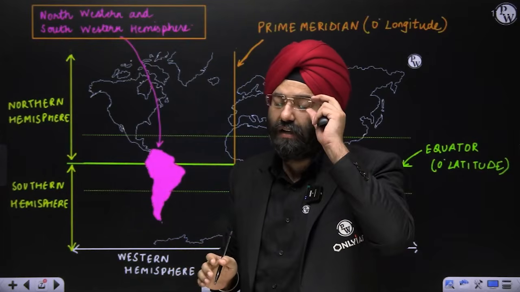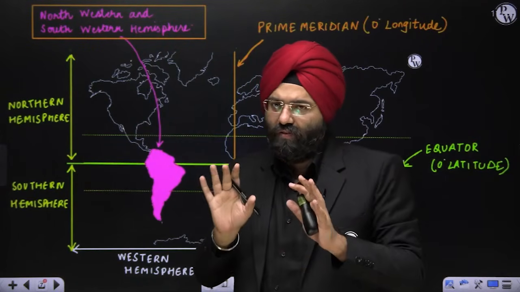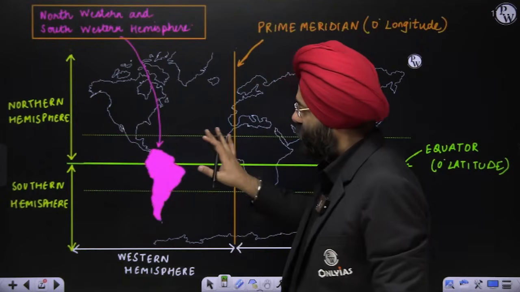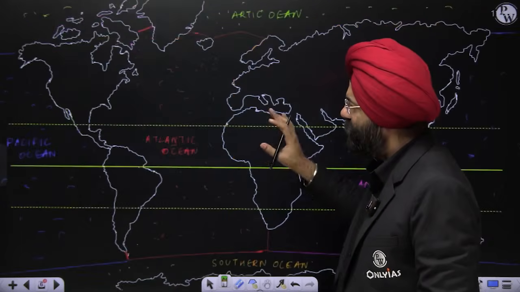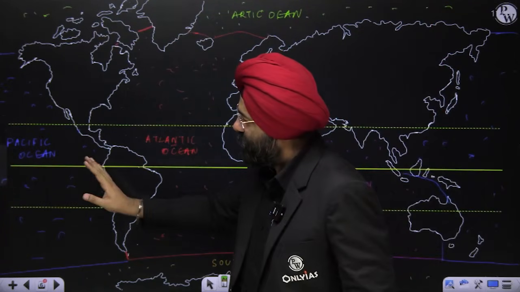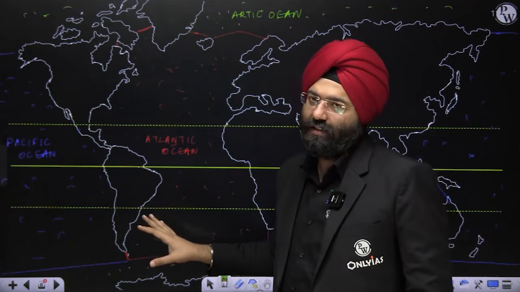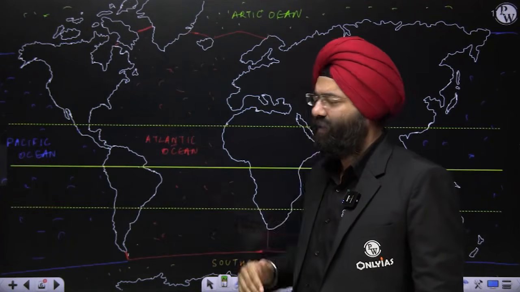Now this can be asked as a statement in your preliminary examination in particular. So you should be very well aware. Now, having marked the location, let us see one more thing. From the oceanic perspective also, you have the Pacific Ocean on the western side and the Atlantic Ocean on the eastern side. This is also something that you should be very well aware of. We will be covering this in the lecture coming forward.